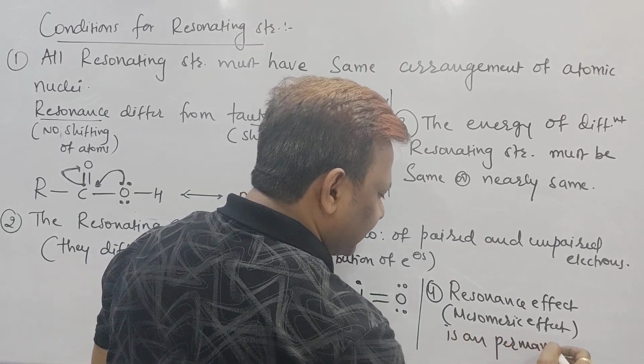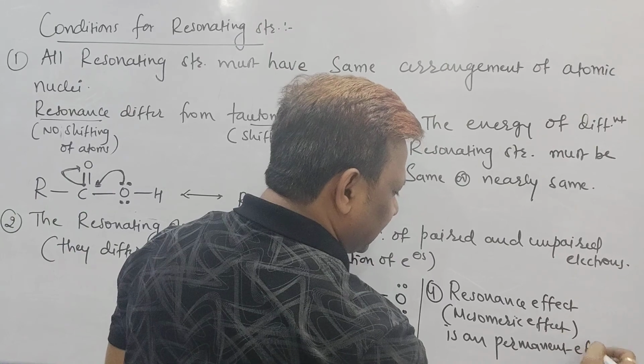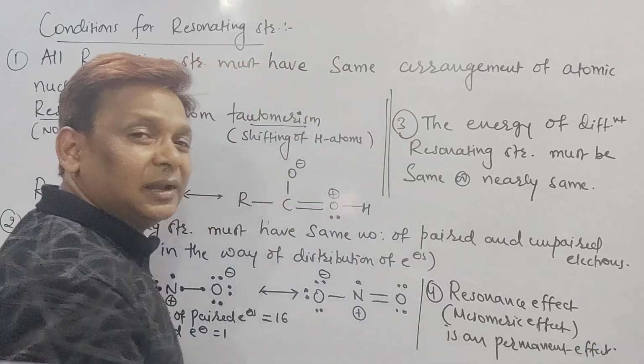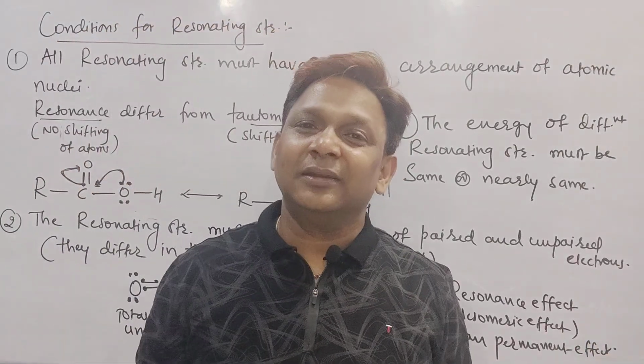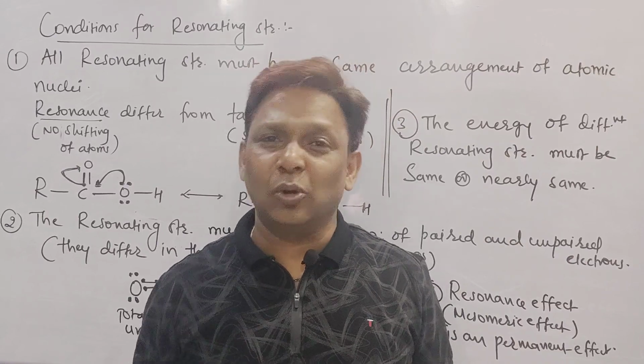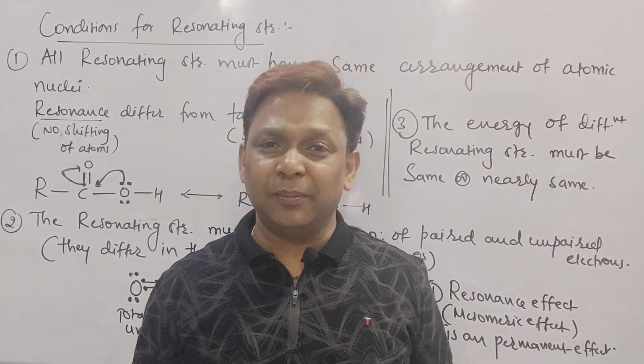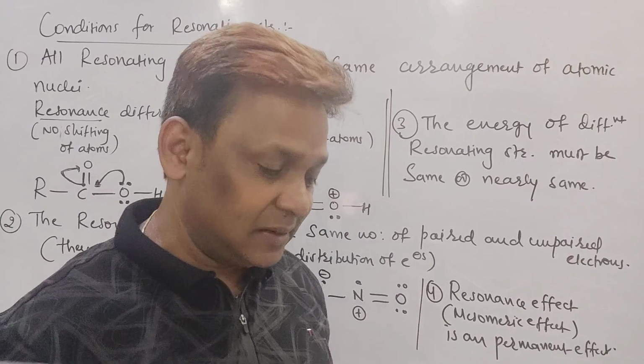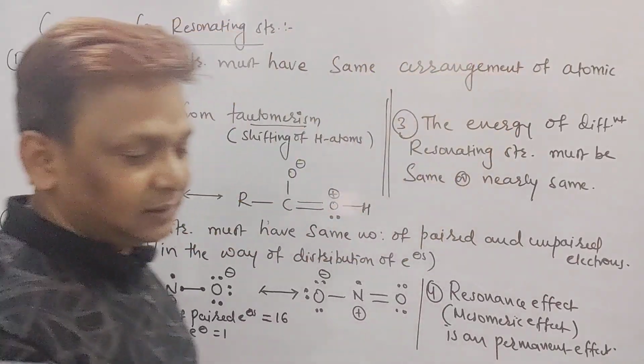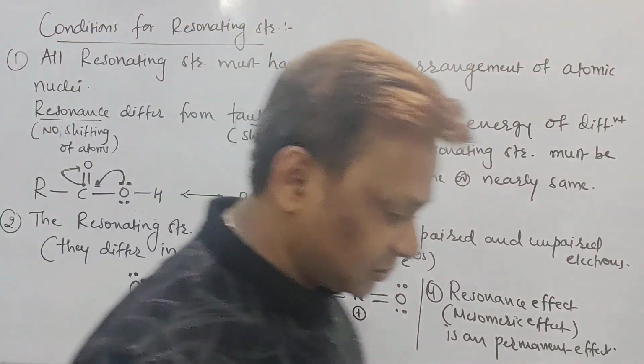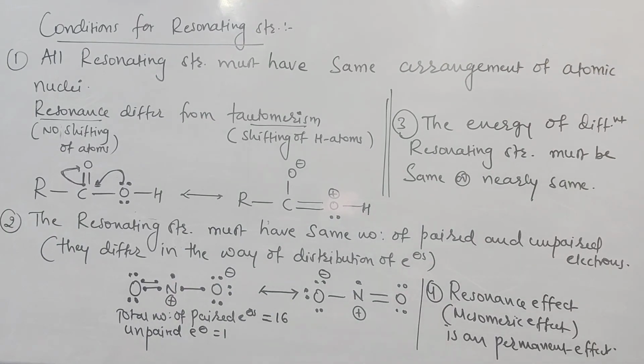I told you in my first class that the electronic effect is of four types: one is inductive effect, one is mesomeric, then hyperconjugation and electromeric. Electromeric is a temporary effect, but here mesomeric is a permanent effect, right? Now I want to go with the application of the mesomeric effect. What applications are there and how to solve questions based on this part, how they will ask even in the exam, that part I am going to explain to you. Right? Chalo.